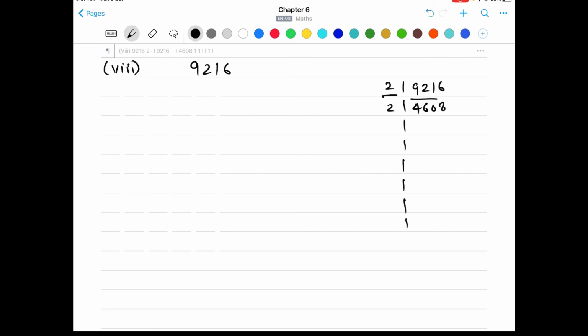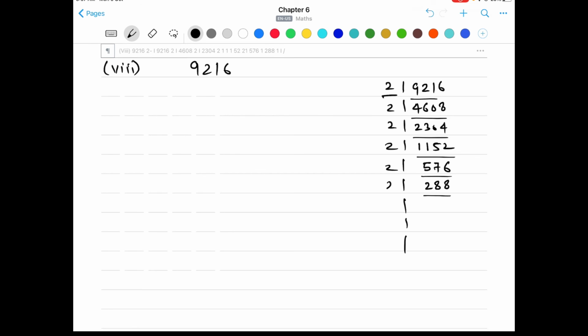Again dividing by 2, we'll get 2304. Again dividing by 2, we'll get 1152. Again dividing by 2, we'll get 576. Every time we are getting an even number, so we can divide this by 2 again and again. So again dividing by 2, we'll get